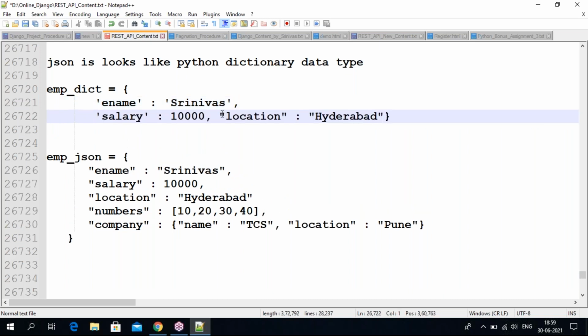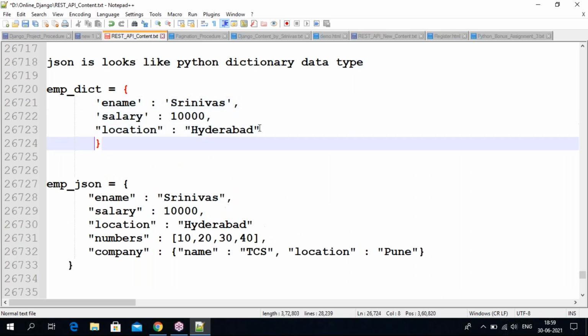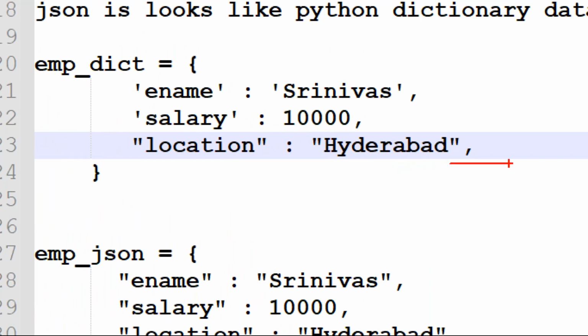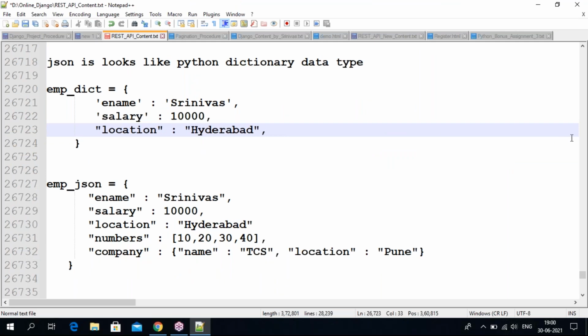Okay, so next, guys, my intention is this is my dictionary data, guys, Python dictionary data. Okay, so guys, if I'm taking a comma here, is it wrong or right in the dictionary? Is it wrong or right? Come on, let me know. You are the Python developer, sir. What is Rajesh's answer? Krishnakant, Pooja, so many are there here. Sujit is saying wrong, huh? Did you test that one?